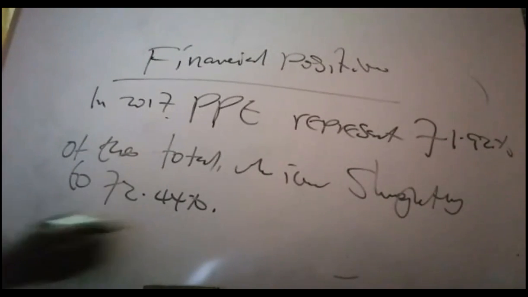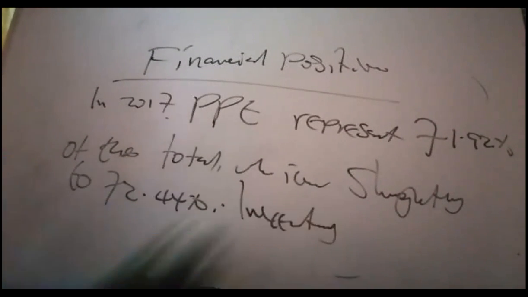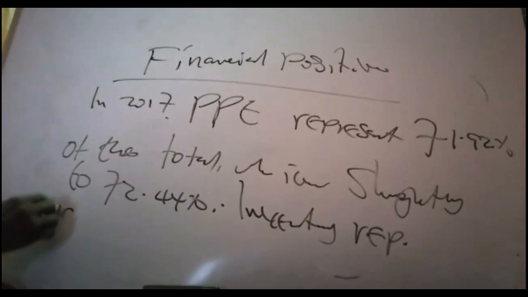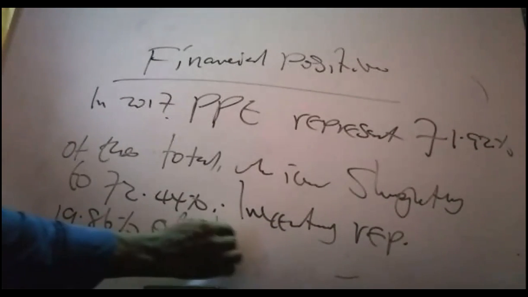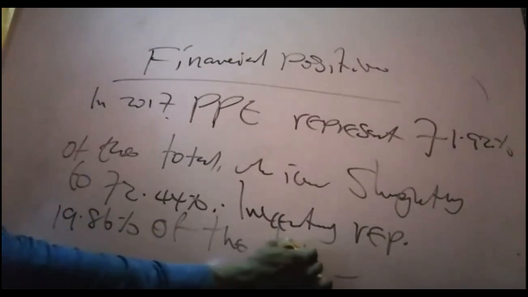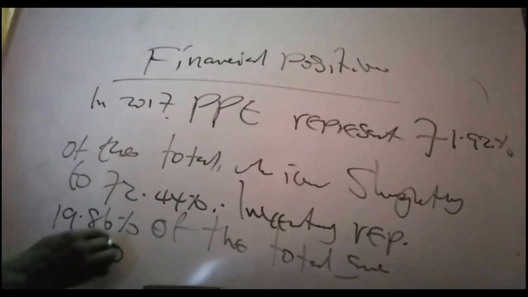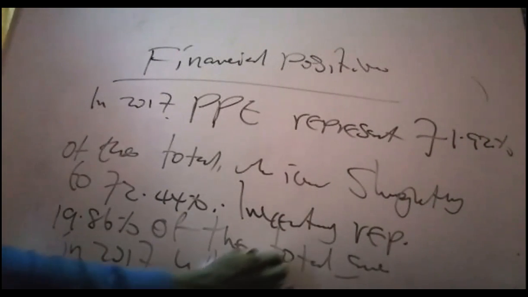I'll start the next sentence. Inventory represents 19.86% of the total assets in 2017, which decreased to